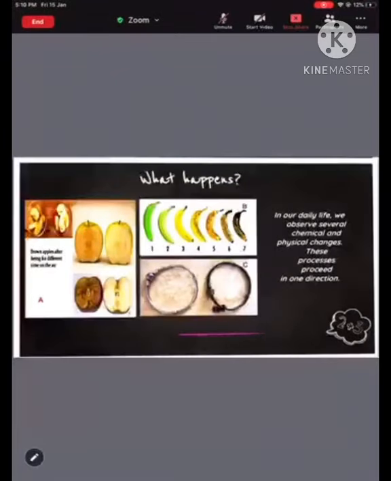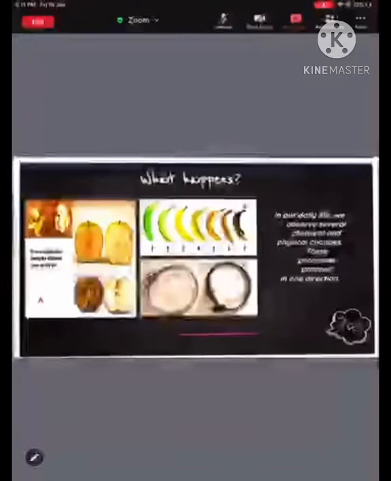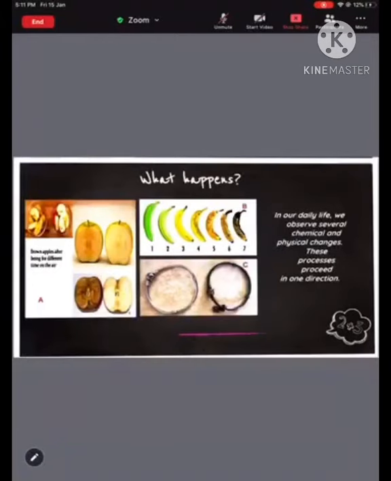So all these kinds of physical and chemical changes are happening in everyday life. In these three processes, the process is going to happen in one particular direction. There is no backward direction. For example, you can't get the brown apple to turn into the same one when you initially cut the apple. You can't get the banana which is almost on the verge of decaying back to the nice green banana. Even if you polish the silver, the weight of silver is going to be different. So all these processes happen in one particular direction. There is no reversing of the direction of the process.